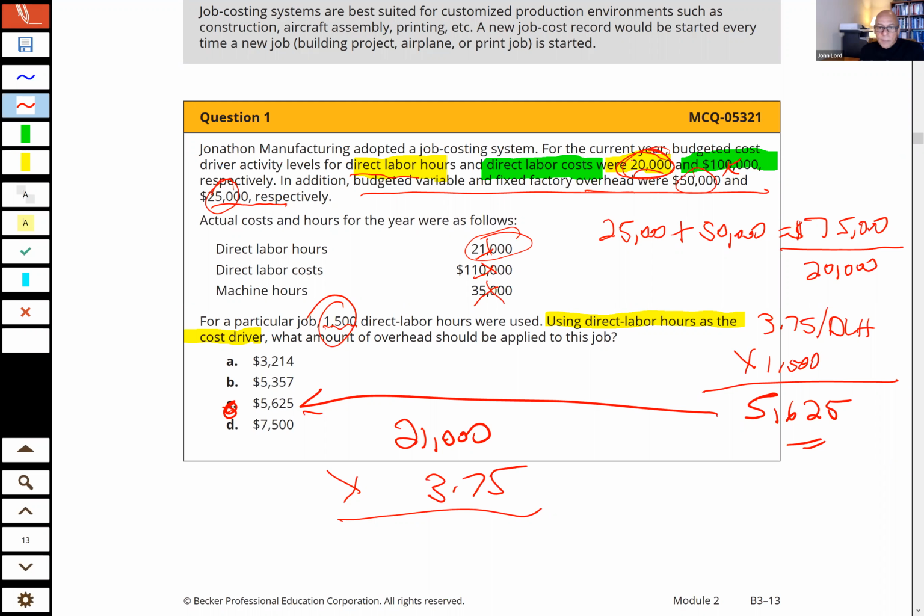But typically you wouldn't wait till the end of the year to apply the costs, because by then we've got jobs where we've already had to debit cost of goods sold and credit finished goods inventory. So it'd be difficult to do it at the end of the year. So you would do it by job. But there could be a CPA exam question where they ask you what's the total that would be applied, and you'd have to pick up that 21,000. That number would be relevant.